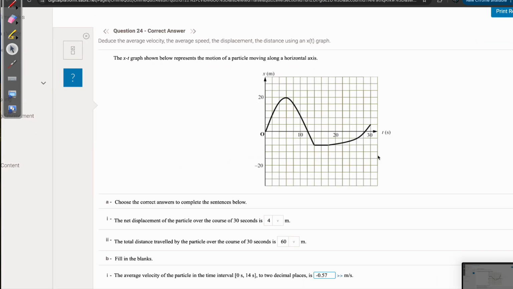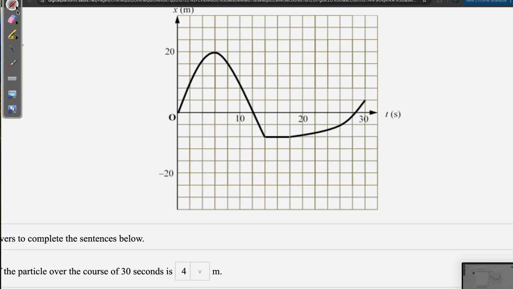So for part B they want the distance. It might seem hard, but it's not really hard. So let's start. x1 is from 0 to 20. Again, the displacement is the sum of all, the distance is the sum of all the absolute values of the displacement. x1 is equal to absolute value of 20 minus 0, which is equal to 20,